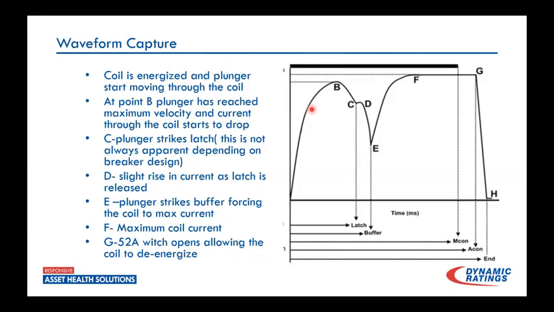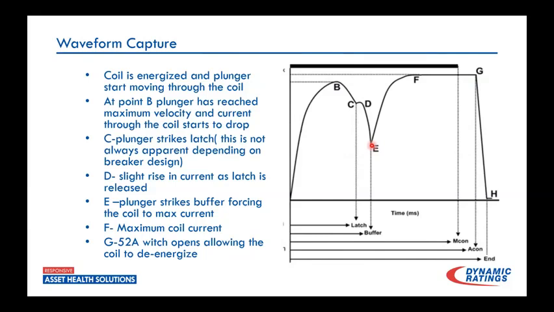Because this will move both higher in the current and further to the right in the time scale if you're having issues with that portion. So after we've gone through that latch, we're going to see that velocity is continuing to be at the max. And so we're going to continue to see that current fall until we hit point E, and that is our buffer. So that means that that plunger has traveled as far as it can through that coil and is now stopped, which is going to ramp our